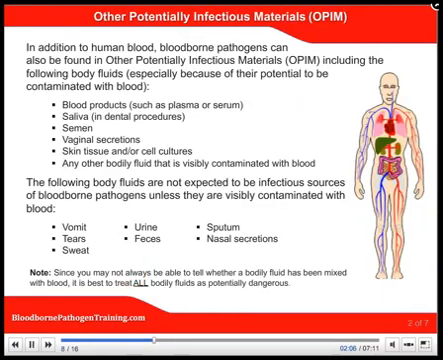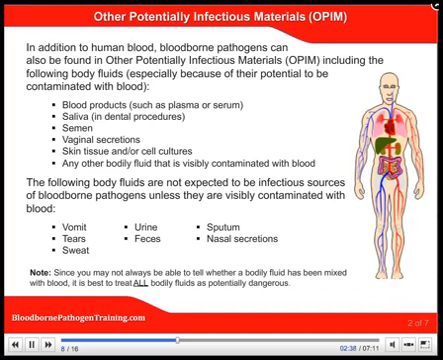Other potentially infectious materials. In addition to human blood, bloodborne pathogens can also be found in other potentially infectious materials, including the following body fluids, especially because of their potential to be contaminated with blood: blood products, such as plasma or serum, saliva in dental procedures, semen, vaginal secretions, skin tissue and/or cell cultures, any other bodily fluid that is